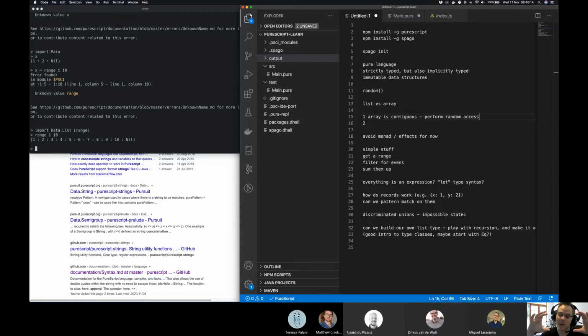Because remember, arrays are always objects or structures of the same type. So every element is of the same type. That means I can calculate how big they are. Say it's an array of ints, right? An int we know is a 32-bit thing.